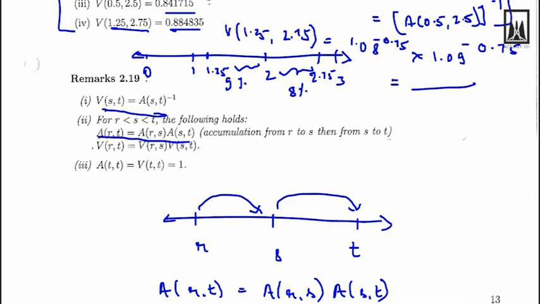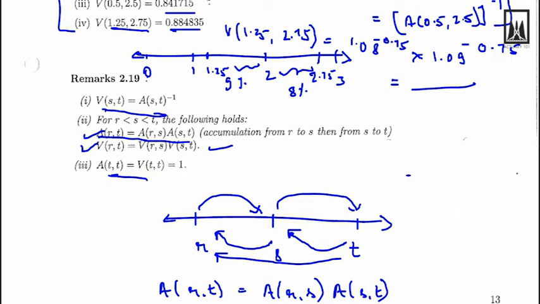And obviously this goes without saying that if this relationship holds for accumulation, then it will also hold for discounting. So we can also discount in a similar manner: from T to S we discount first, and then we multiply by whatever we discount from S to R, and we get whatever we can discount from T to R. So it's basically the same thing. Then we have another property that says accumulation from T to T is equal to discounting from T to T, which is going to be 1.